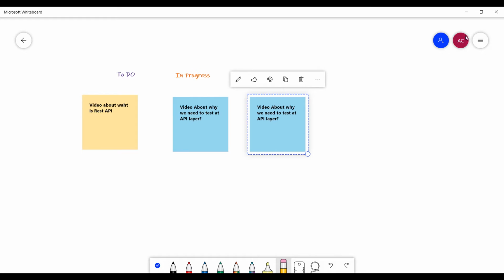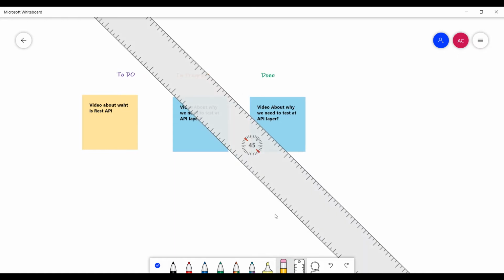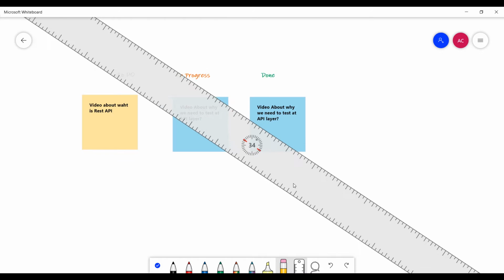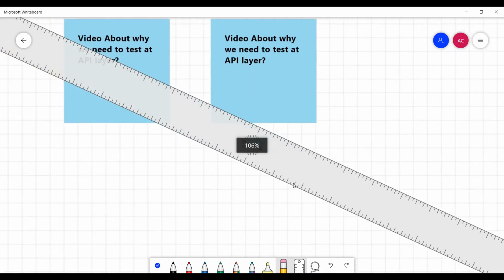So we talked about inking options and different features. The good aspect is, if you have a big diagram and you want to use this whiteboard canvas just for drawing purposes, Microsoft Whiteboard does support a ruler option. The ruler option is very easy. If you have a touch screen, this would have been great.